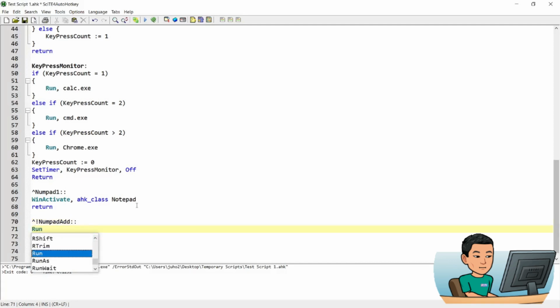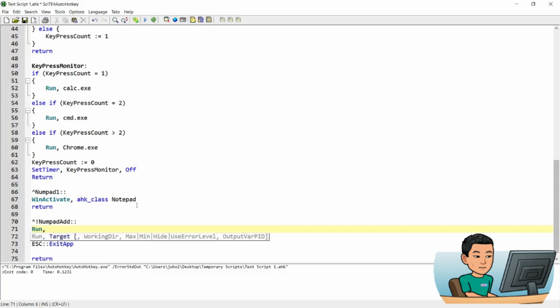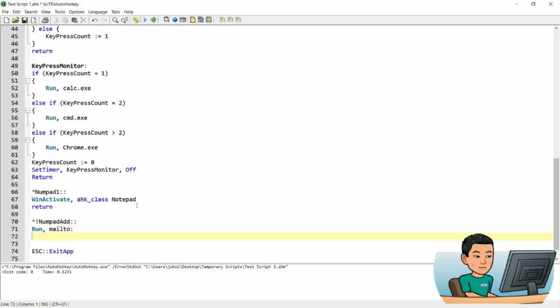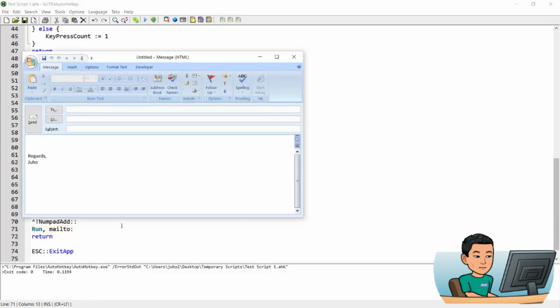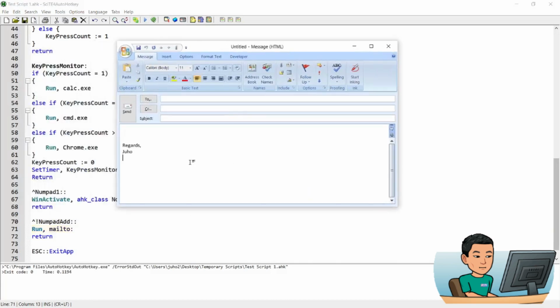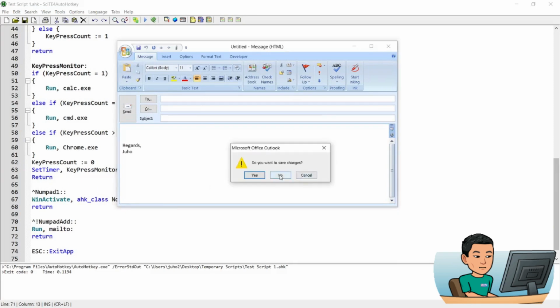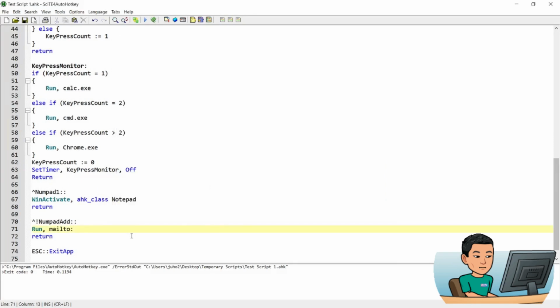And what I'm gonna do is it's a run command as well, and I'm going to type out mail to. That is it. And if I press run and go Control Alt and numpad, I get my new draft email like this. Get out of that. Now this works because